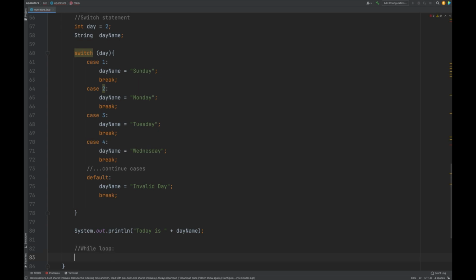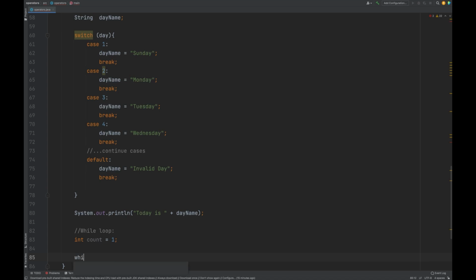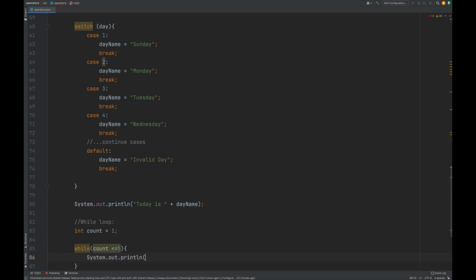So the while loop executes a block of code repeatedly as long as the specified condition is true. Let's do another example. Int count equals 1. And let's start this while loop. So while keyword, condition, while the count is, let's say, less than or equal to 5. What are we going to do? We're going to print out count plus count